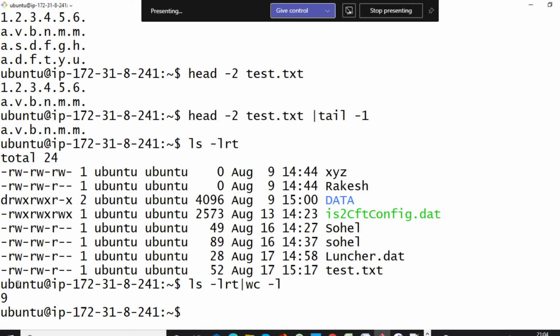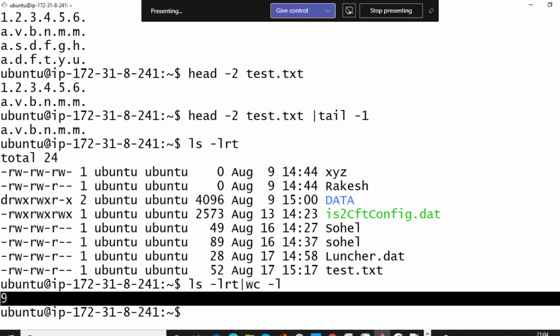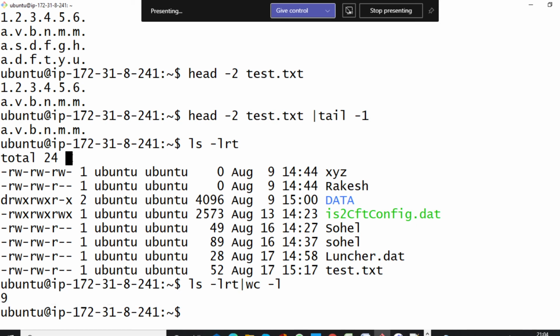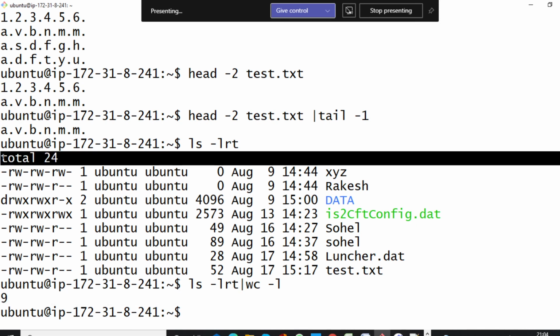Here if you are doing ls -lrt | wc -l, it should be 8. Why is it 9? Because ls -lrt also shows the total line, so this is also one line.